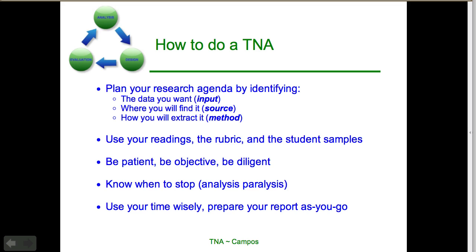Rely on your readings, take a look at the rubric, and look at the student samples. All 3 of those things combined should get you off to a very comprehensive start. I really caution you to be patient as you do this. For the most part, you're working with humans. It's not going to go perfectly. People are going to miss meetings. You'll be on delay. That's why you need to take the full time allowed throughout the semester to complete this